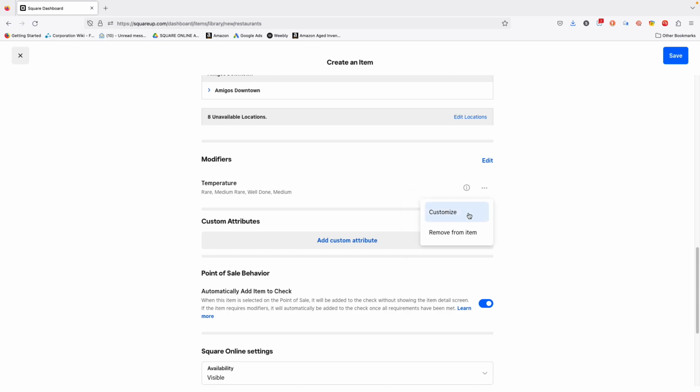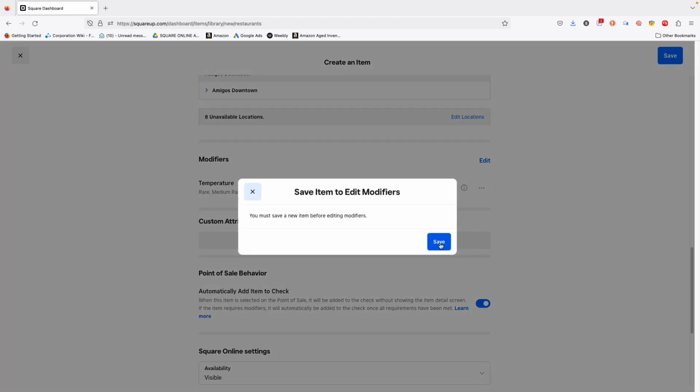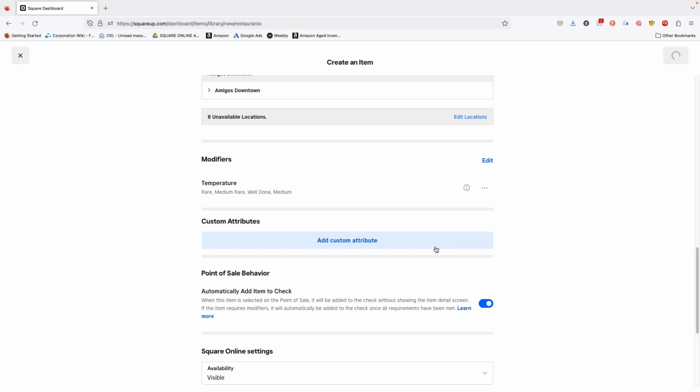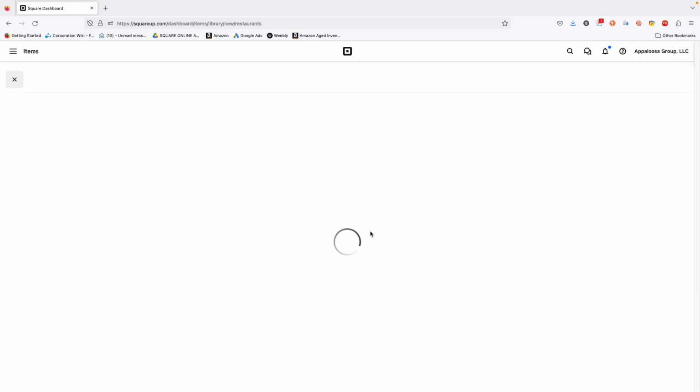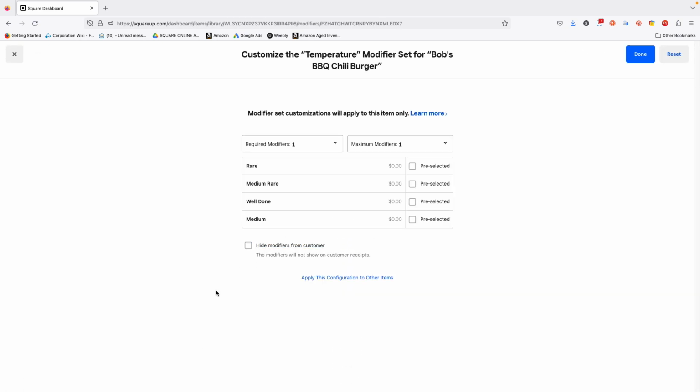We can also customize it. We can remove it, of course, but I want to customize it because that's more interesting. It's more complicated, so it's more useful to show you. So it asks us to save, and we would tell it to save, of course. And then we're customizing the temperature modifier set for Bob's Barbecue Chili Burger. Now this is important because this is setting it just for that item,